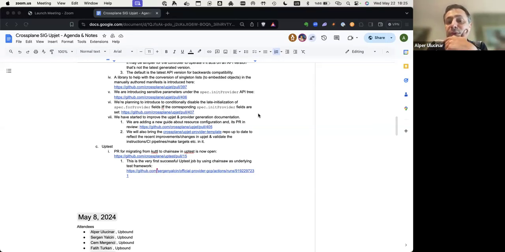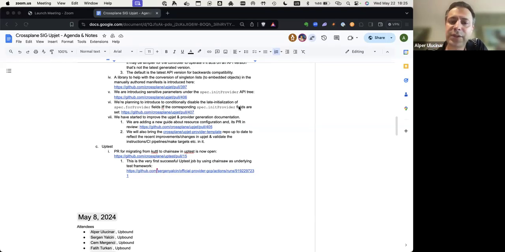And initProvider is Crossplane's model answer to this. One of the ways that we can resolve this race condition between two controllers is to declare broker users in the broker instance under initProvider, so that they will just be ignored during the update and deletion, during the rest of the life cycle. So that's basically the idea.